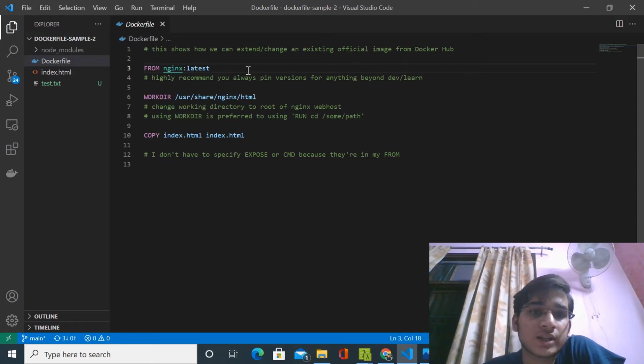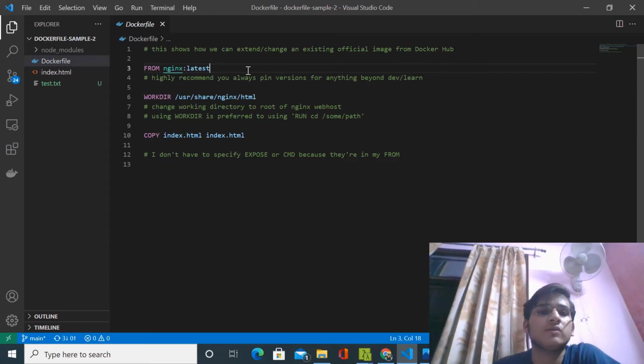So FROM nginx:latest imports all the source code which is there in the nginx Dockerfile. If we make a Dockerfile with only FROM nginx:latest, it will work the same as a Dockerfile made for nginx latest.